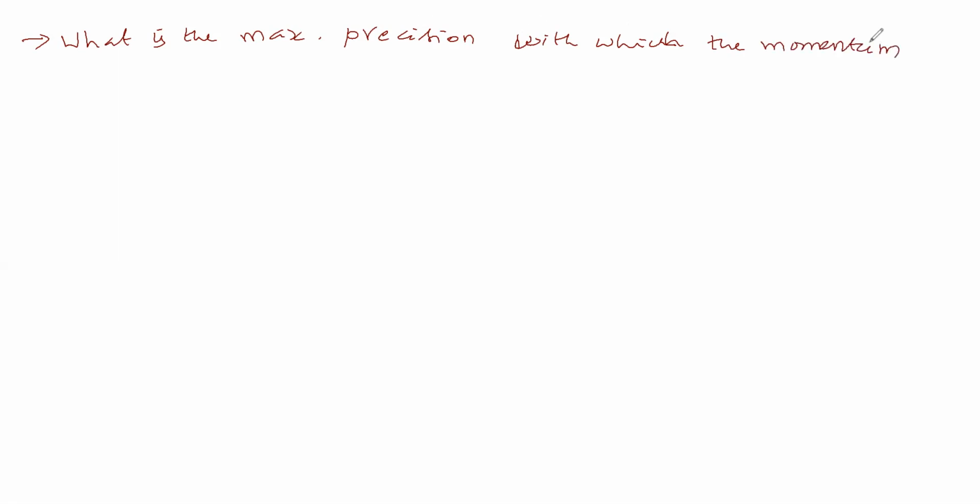What is the maximum precision with which the momentum of an electron can be known